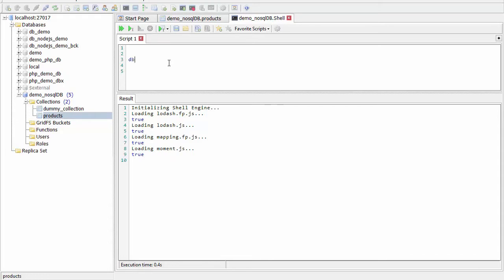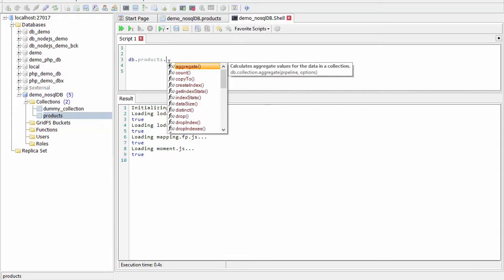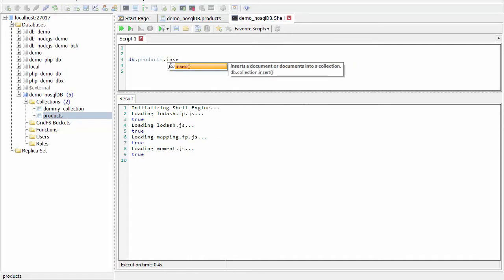To insert a document, db.products is our collection. Just see the IntelliSense, it's a very useful feature. Insert. It's going to be the name of the product, Vivo Smart. The price is $199.